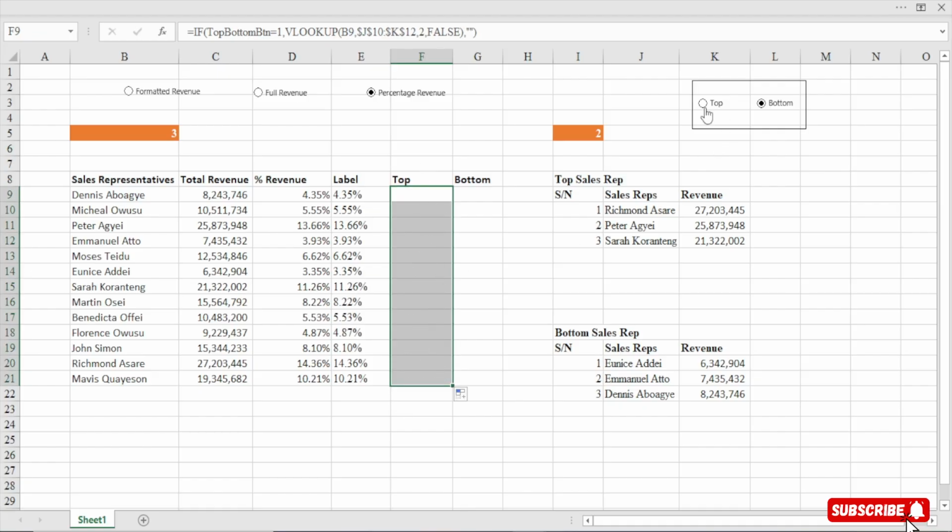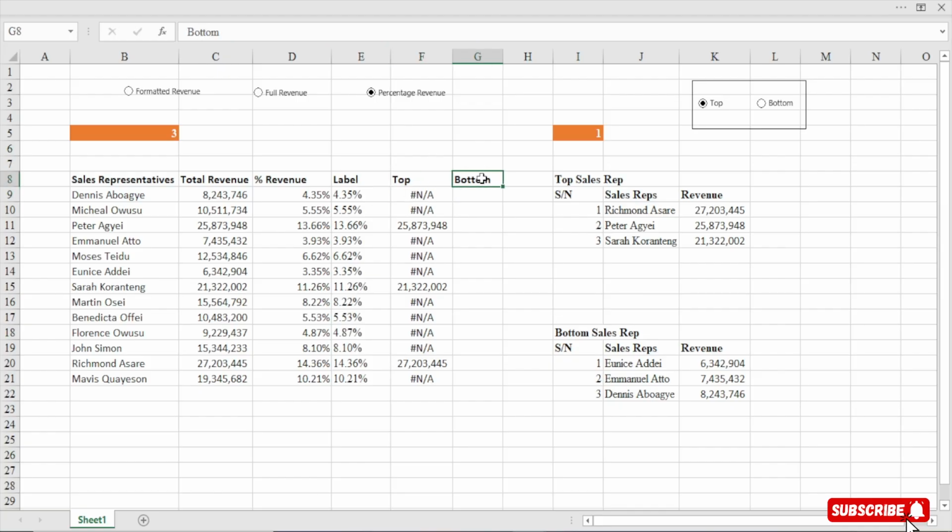it is saying false. Now when you toggle to this one, perfect. So now instead of saying false, when you toggle to bottom, you see nothing is showing. Perfect. This is what you want. But when we come to top, see we have this. Perfect. So now we are done with the top. Let's move on to the bottom.